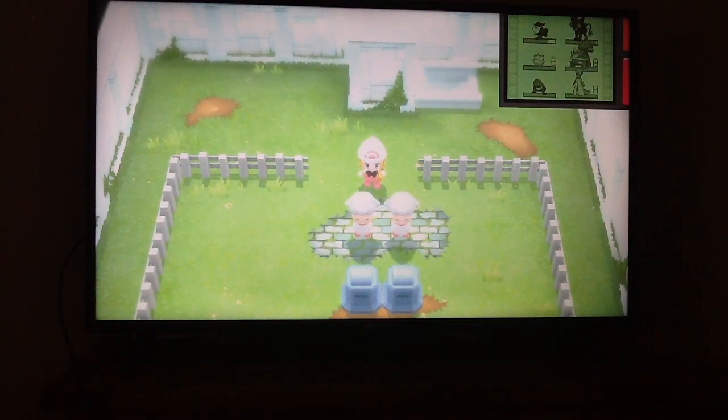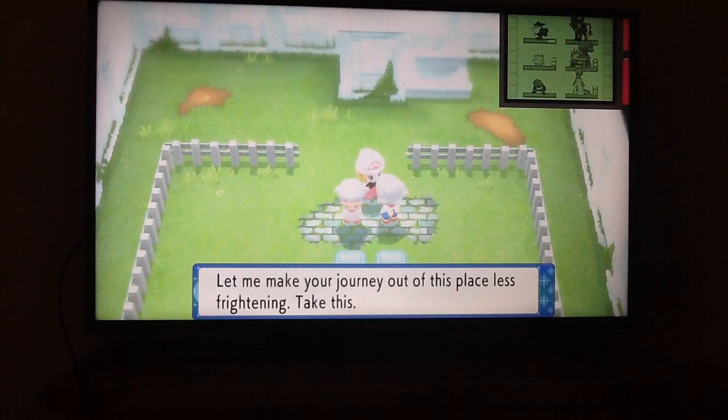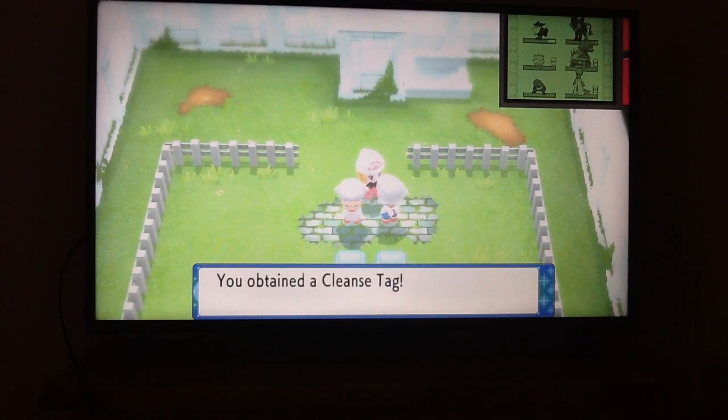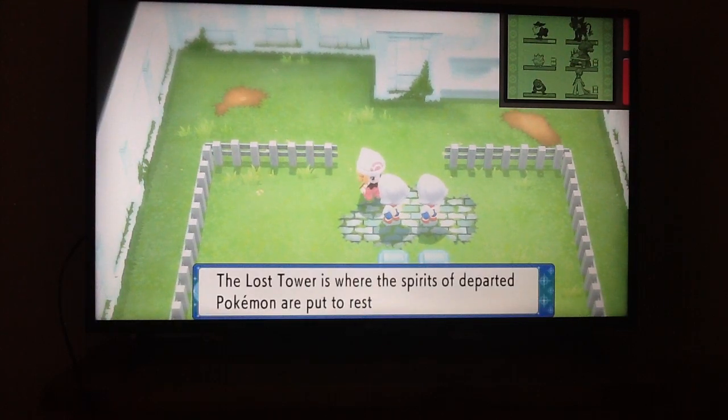And once you go up this floor, this is where you meet those two girls. If you were in here in Pokemon Platinum, you would need to use Defog in order to talk to these girls. And the Defog HM in Pokemon Platinum is actually found in Celestic Ruins, not in the Great Marsh. This one on the right will give you the Cleanse Tag. It will help keep wild Pokemon away. And this one...